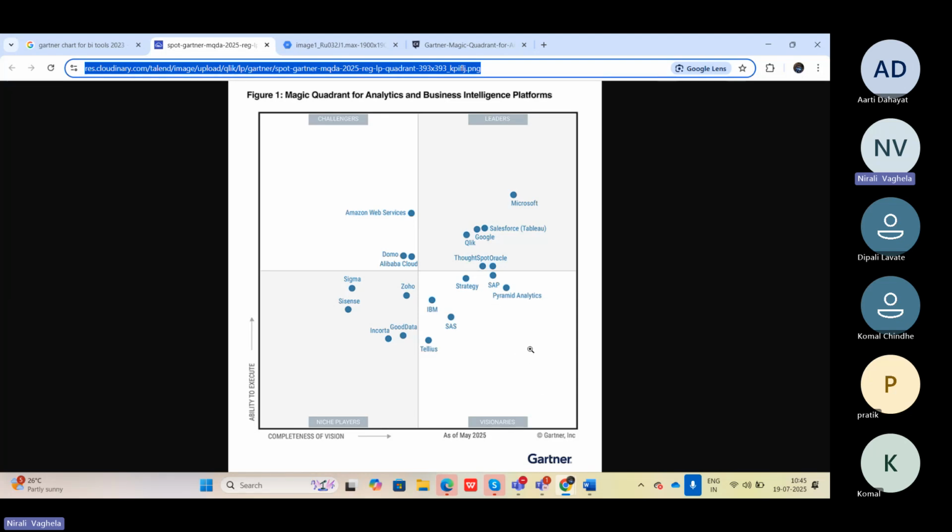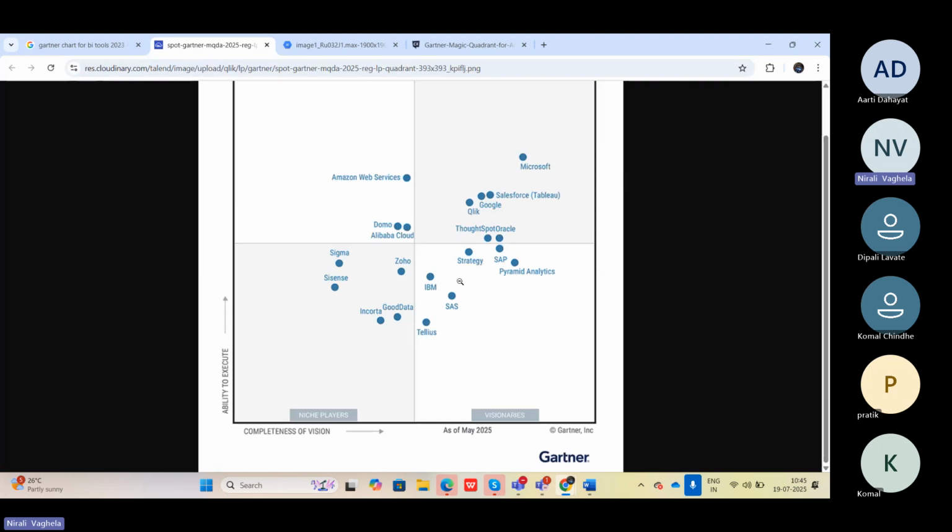These are the tools which I've used in my previous project, that's the reason I know. There are a lot of other tools like MicroStrategy, Pyramid Analytics that I'm also not aware of, available in the market. The very famous among them are SAP, IBM, SAS. These tools have become outdated because, let's say in 2014 or maybe before that, 2012 or so, the only tools leading in the market were SAP Business Objects, Oracle OBI, and Cognos. These were the only three tools leading in the market at that time.